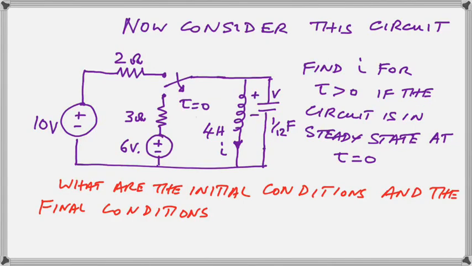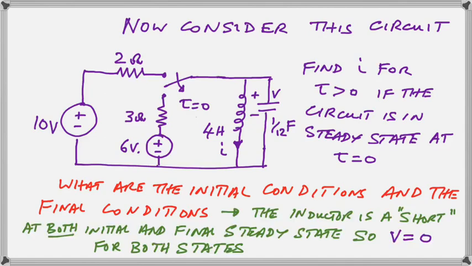In the last video, we showed you how to find the initial and final conditions. So now we have a real circuit that you could find on your examination paper. And we are asked to find I for t greater than 0 if the circuit is in steady state at t equals 0. What are the initial conditions and the final conditions? That's easy enough to find in this circuit